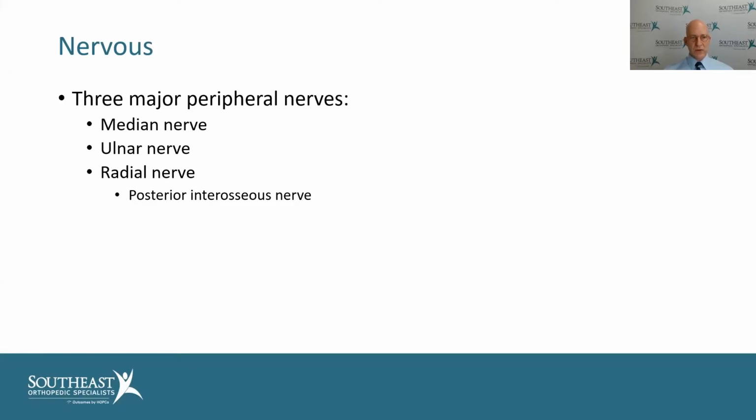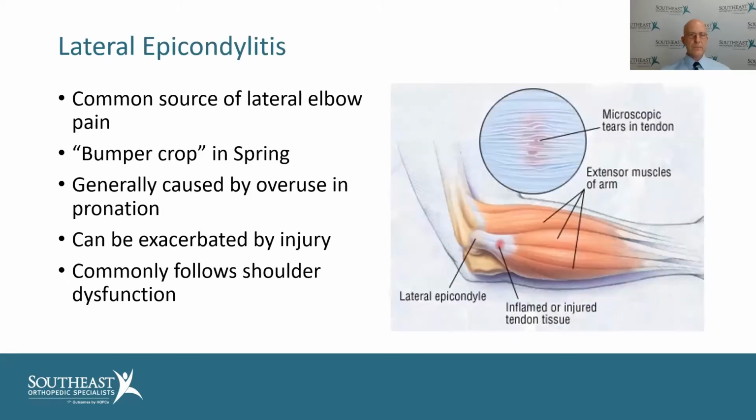And the radial nerve, a particular part of it that the doctors call the posterior interosseous nerve. And we're going to talk about that problem in more detail as well. The radial nerve is what allows us to extend our fingers and our wrist as far as the nerve supply to it. So we're going to start with the most common thing that I see when someone comes to me